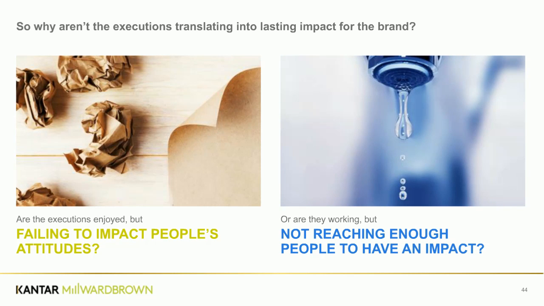And it is important for the client to understand which of these things was going on, because the implication of what you would do is very different. If there's a problem with the creative, then obviously you look at starting to try and do different executions or different types of advertising. Whereas if it's just an issue with the media and how many people you're reaching, then maybe you start looking at how to spend your budget differently.